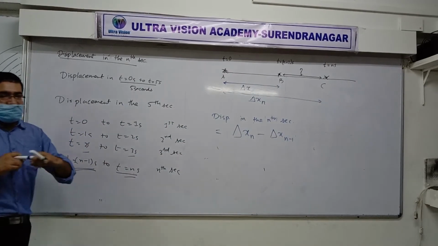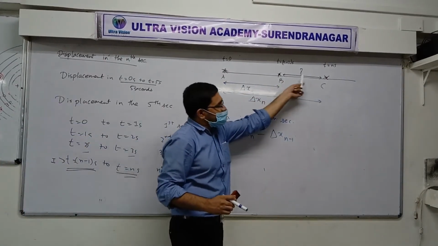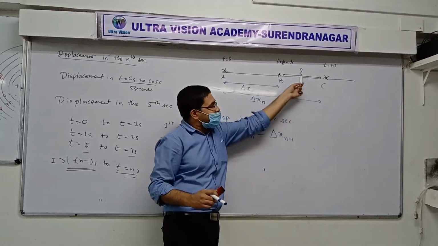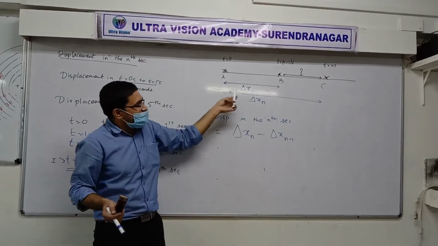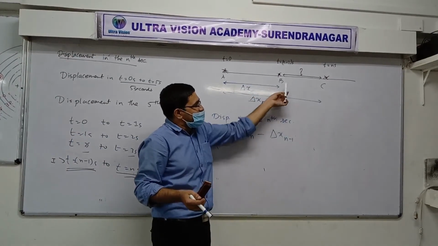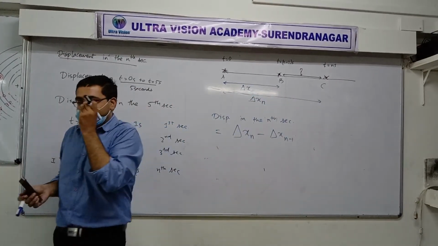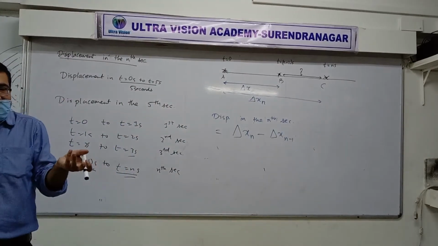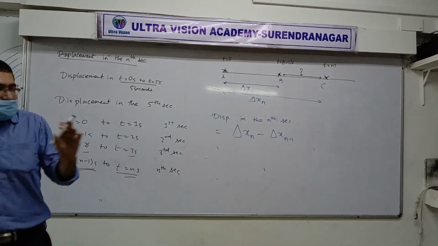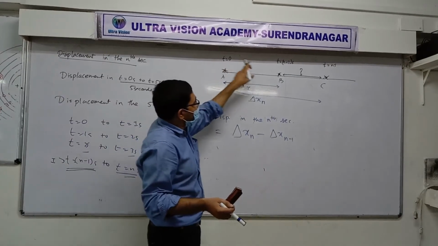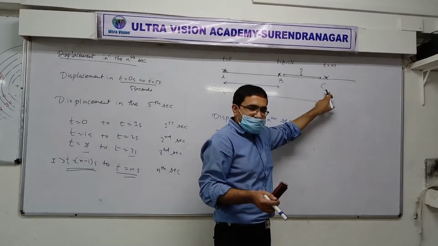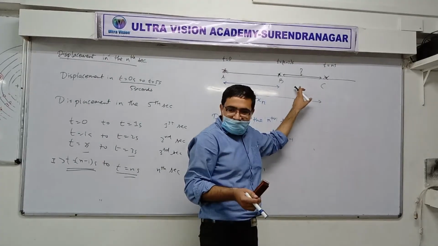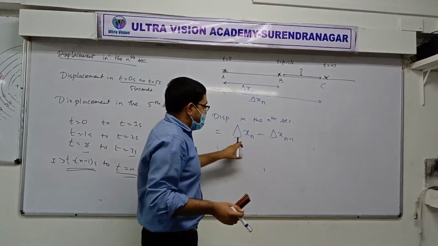We want to find out how much is the displacement from this time to that time. So if you subtract, it will come, simple geometry. If you have AB, BC and AC, then find BC, as easy as that. Understood? So this is the displacement in 0 to n minus 1. This is the displacement in 0 to n. Subtract those two and you get it. Clear? Okay, how do we find this?